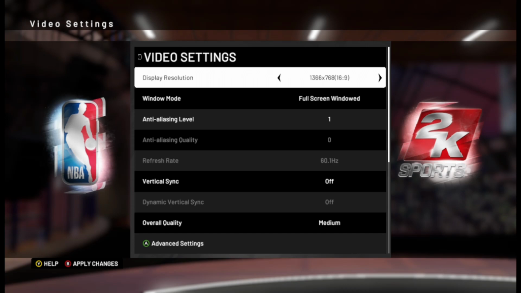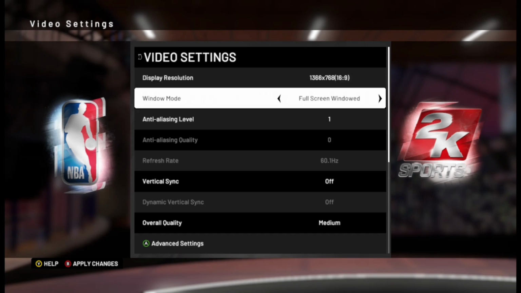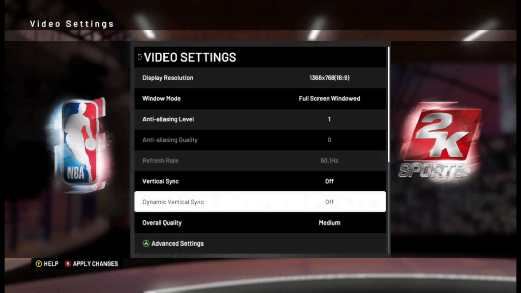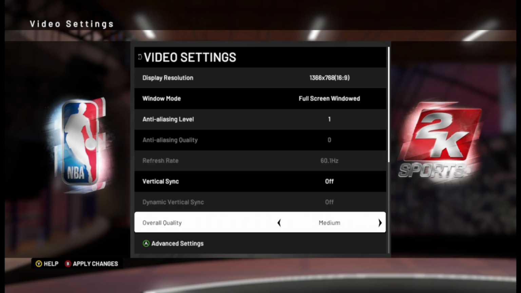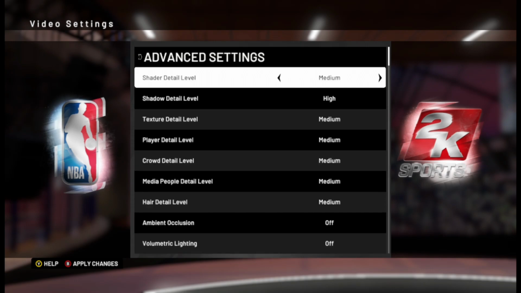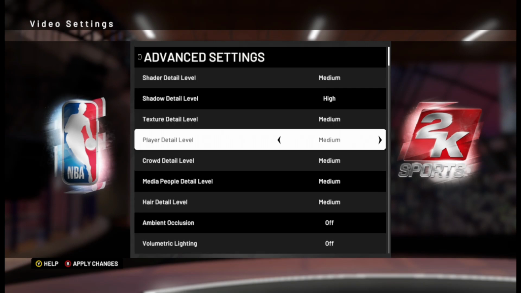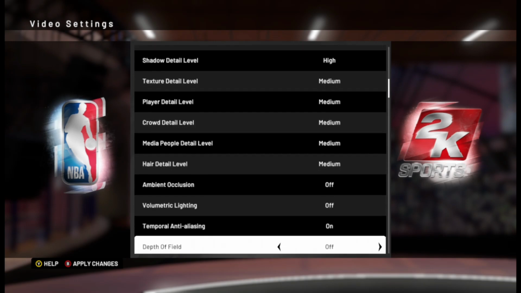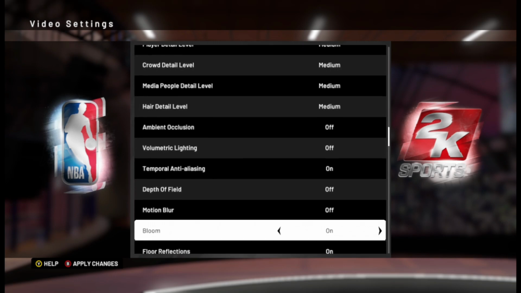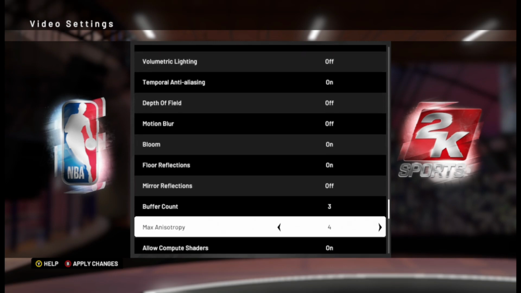So I'm using native resolution 768p with borderless to record. I do recommend going full screen because it gives you less input lag. And for the playable settings, I think medium settings is possibly the best that I could recommend. That is a good balance between graphics quality and performance. So what you're going to expect is performance between 30 to 40 frames per second,